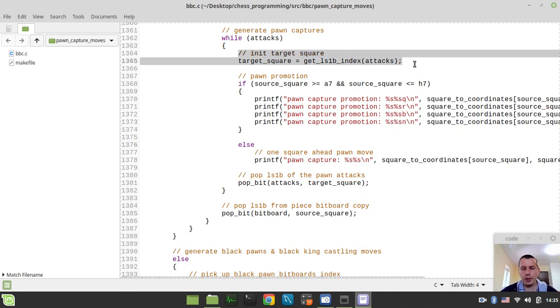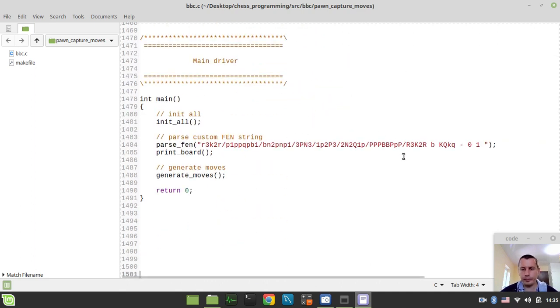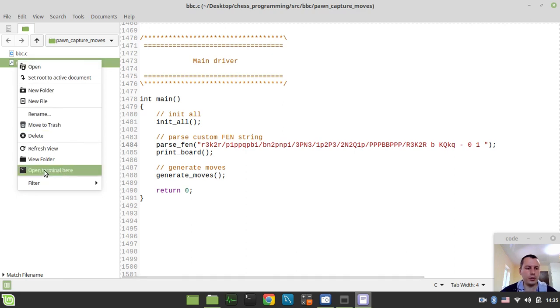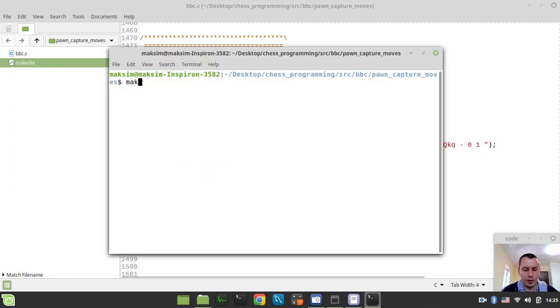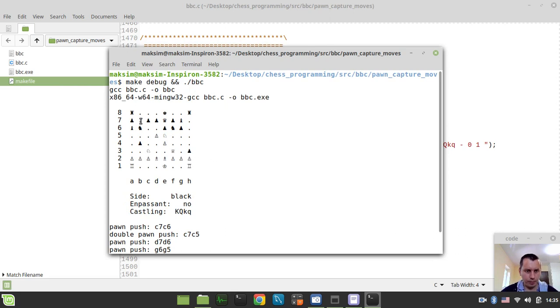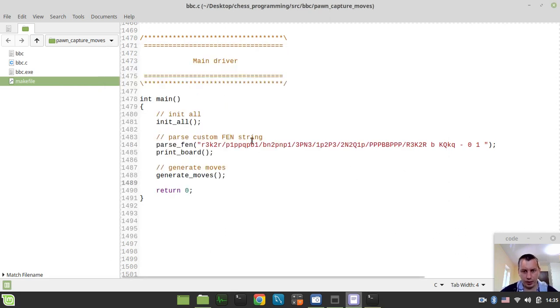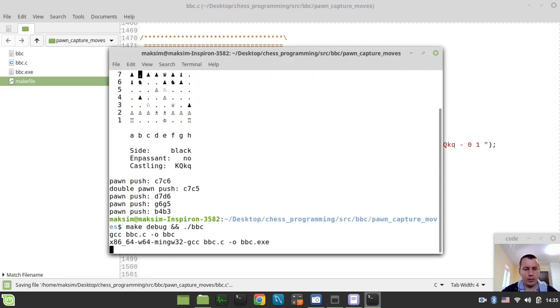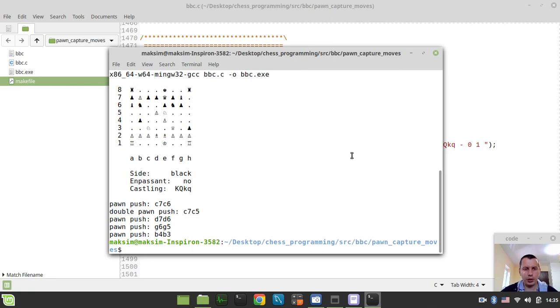So the very last thing we need to do is actually try to check this. So let's go to our parse_fen function, and I'll restore the position back to the tricky position. Actually, it's also going to be a good idea to compile and run the code by typing make debug, and if it compiles, just try to run the BBC binary executable here. Okay, so now we'll put the pawn back to b7 in order to make sure that all those captures would be seen. Okay, so